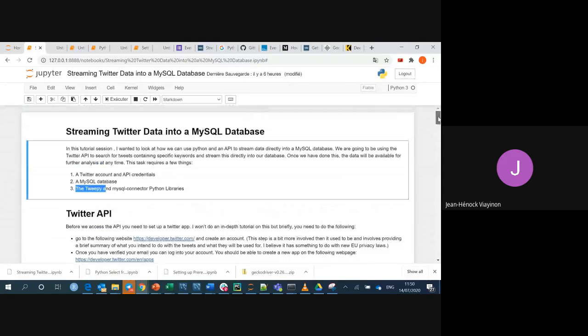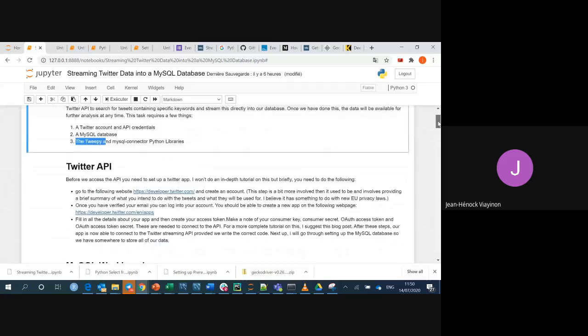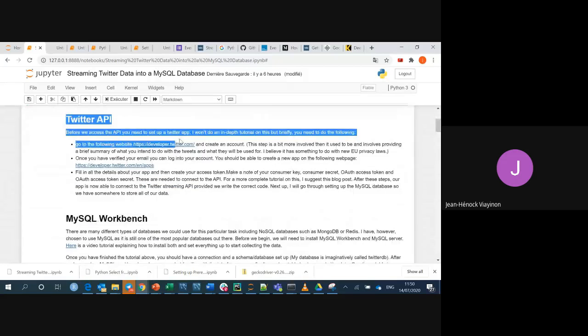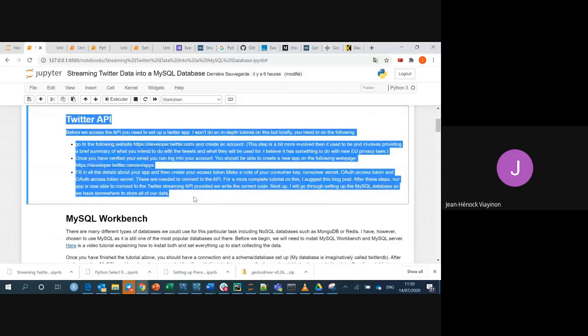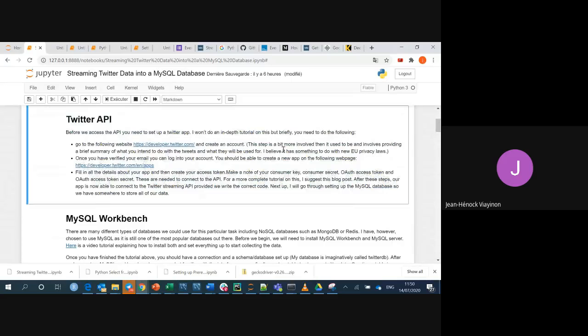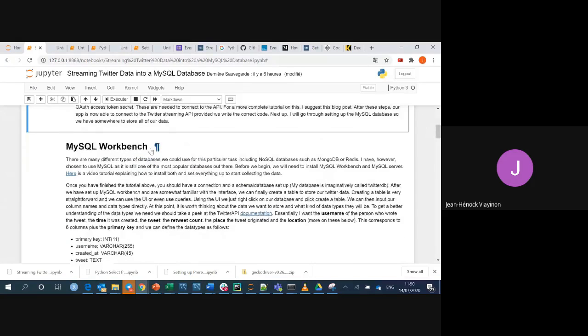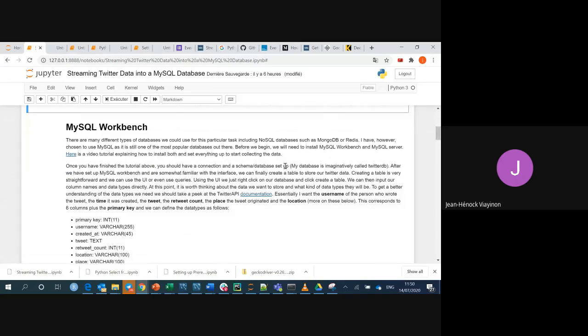So here I provide again a short documentation about the Twitter API. For those who don't understand it very well, you can also go here to see again what it is about. And here also I provide a MySQL Workbench documentation. Yes. So basically, what we want to do here